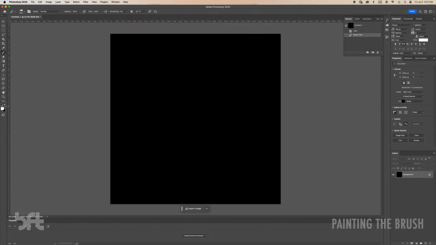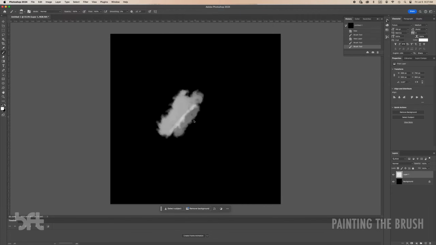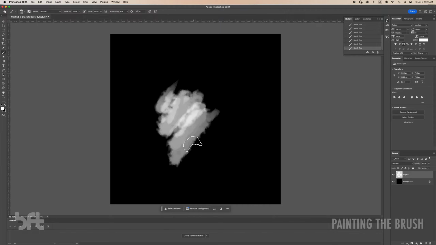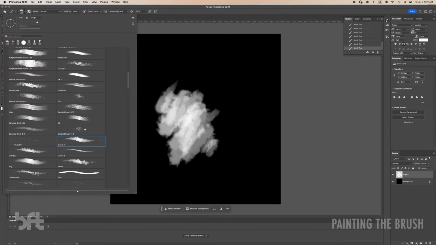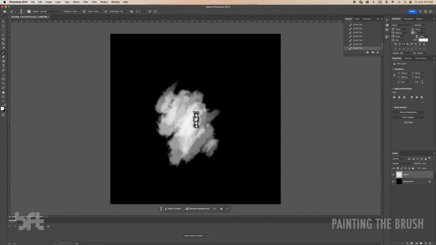So basically it's important that the background is black and you are just painting on with a white on top of the black layer, because everything that is white is going to be your brush. So I'm just using different brushes right here to kind of get some customization going when it comes to my